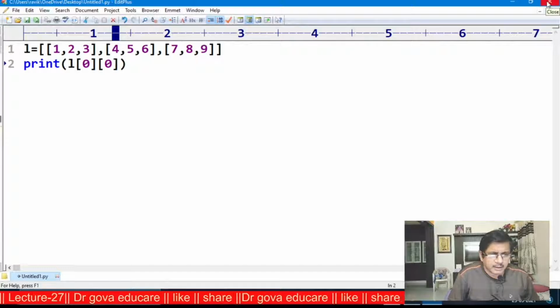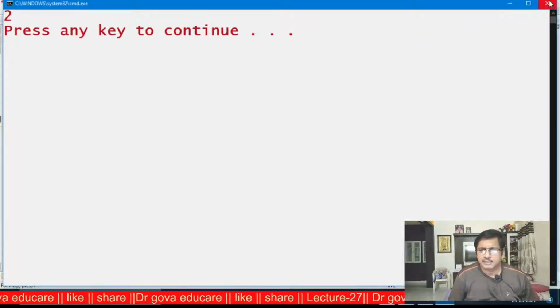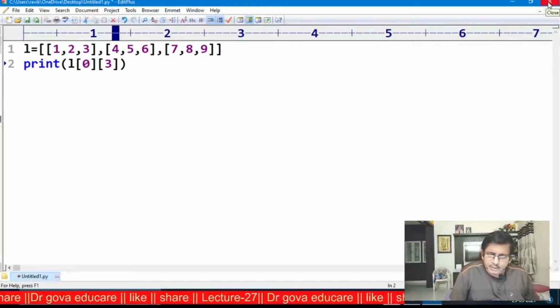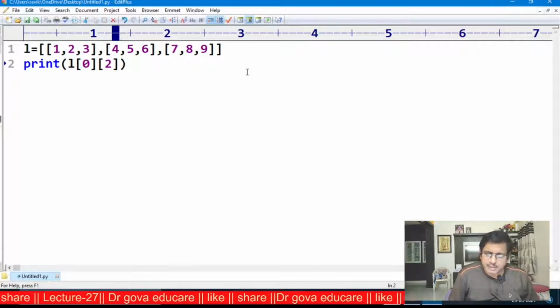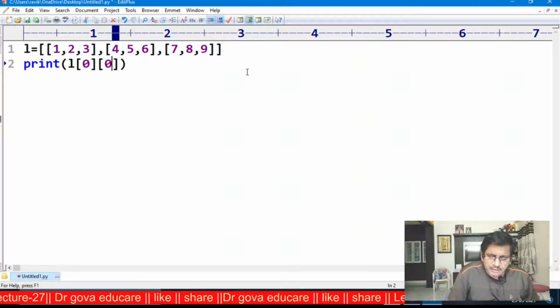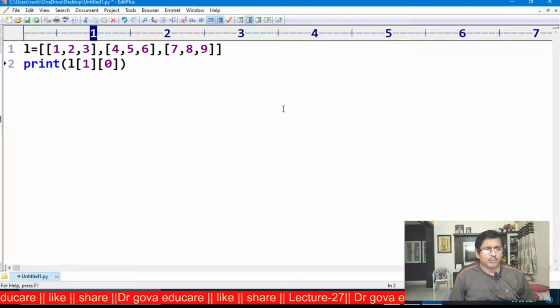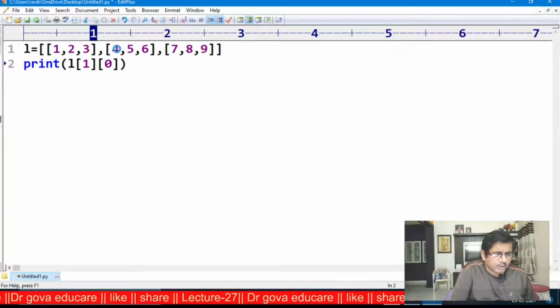Similarly, L of 0, 1, 2 will be displayed, and L of 0, 2, 3 will be displayed on the screen. Similarly, L of 1, 0 is 4, so 4 will be displayed on the screen.